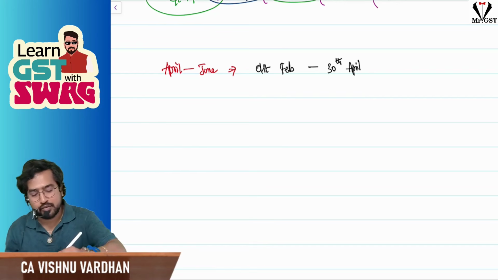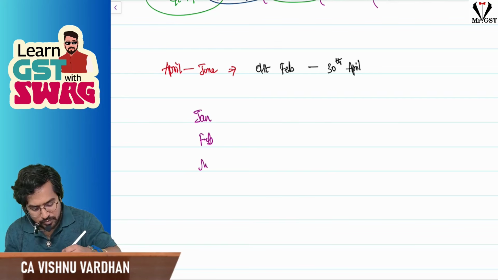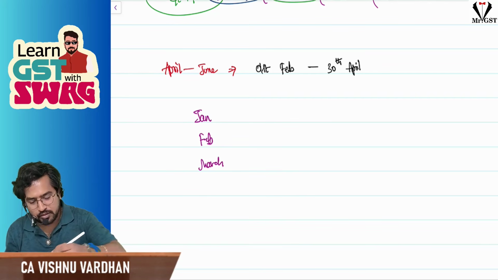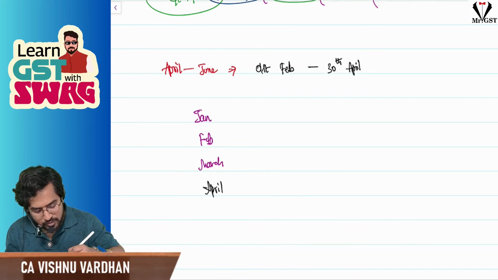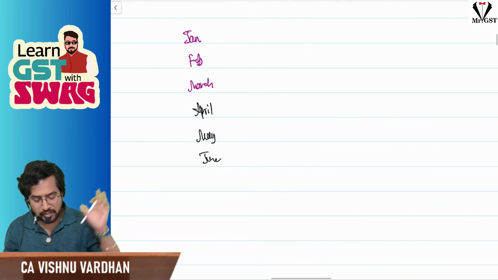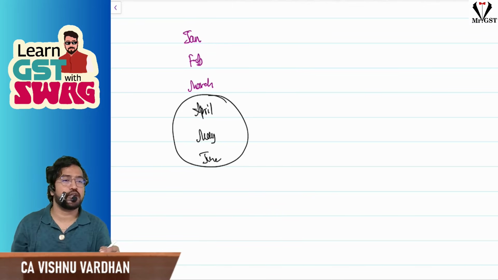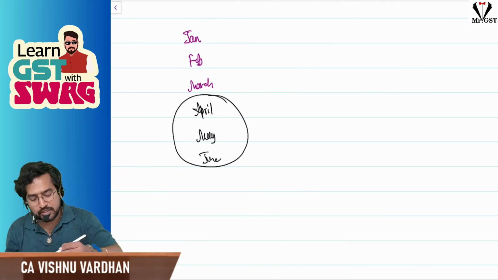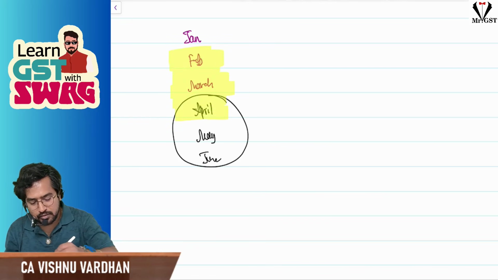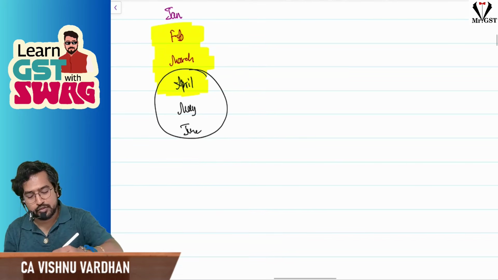QRMP scheme. So Jan, Feb, April, May. Different colors I am writing, see, for you. For this purpose, you want to select or deselect anything. The option will be open. Okay. Yeah? So now